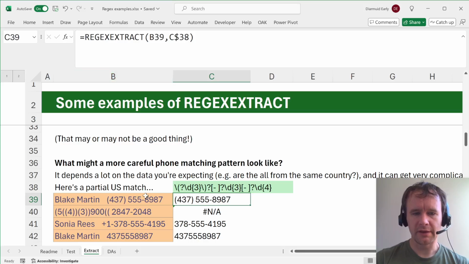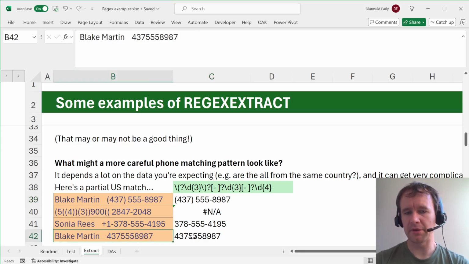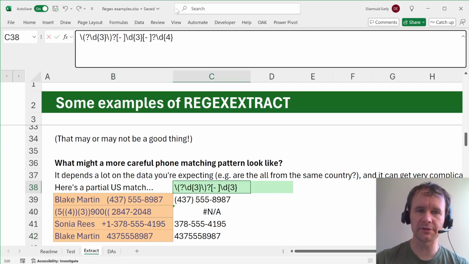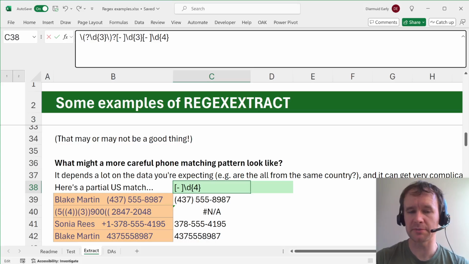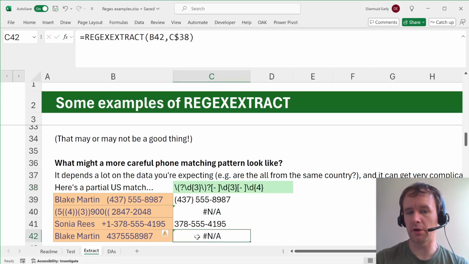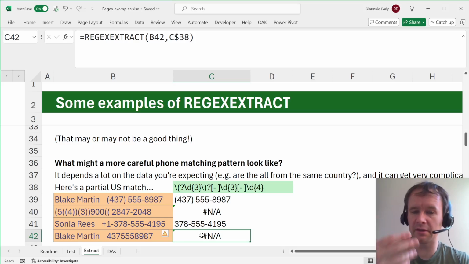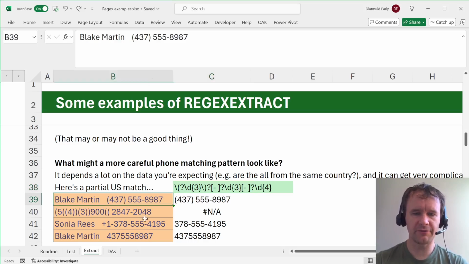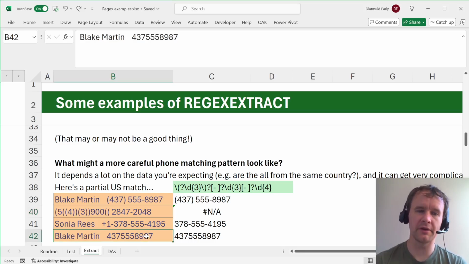So here, for example, it matches this number because you're not requiring a space or a dash. If you were more strict and you said, well, I don't mind if it's a space or a dash, but there's got to be something to split up the groups of numbers, then this is no longer a match. And maybe that's a good thing, maybe it's a bad thing. It depends on what you want. So here we can see it's pulling this out fine, it's pulling this out fine. It's sort of correctly saying this is not a US number in a format that we accept. This one, depending on how you write it, it might accept it or it might not. There are trade-offs to that.